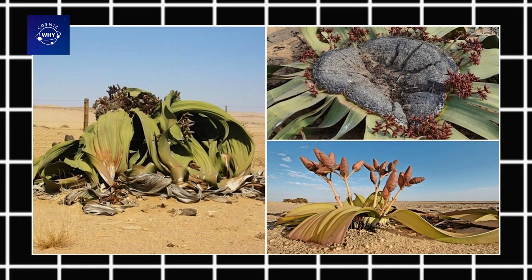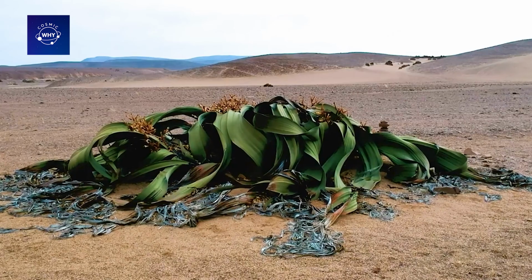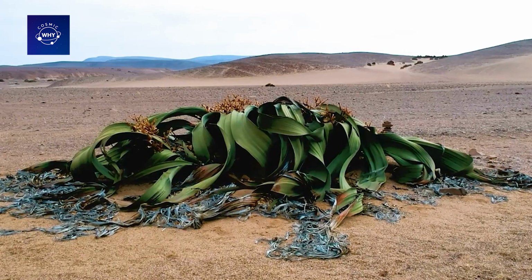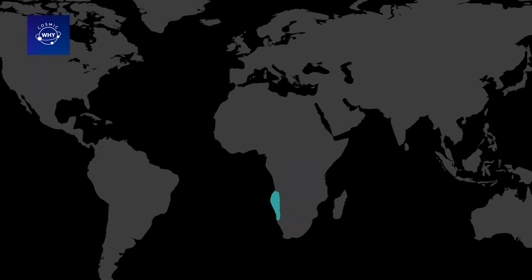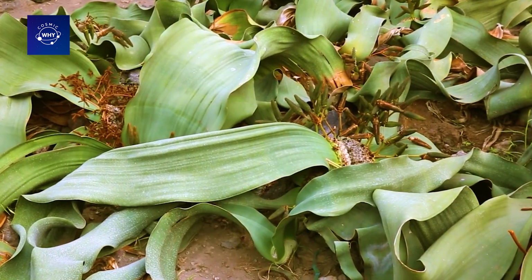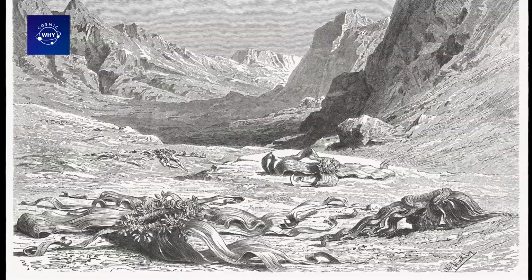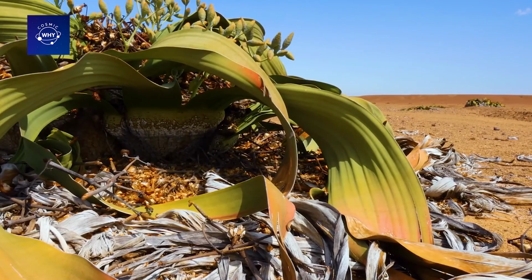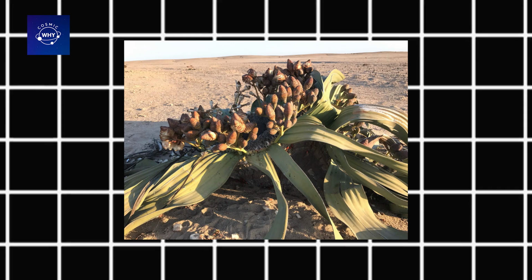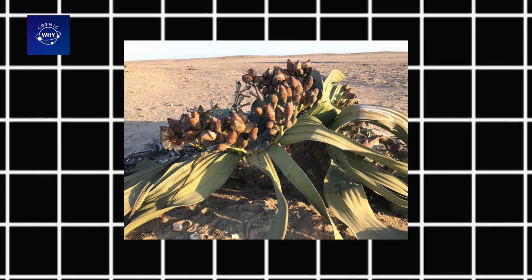The Welwitschia belongs to an ancient group of plants called Gnetophyta, and it is the only surviving representative of its genus. The first recorded discovery of this plant was in 1859 when Austrian botanist Friedrich Welwitsch first described this strange desert creature. In his honor, the plant was named Welwitschia, and the Latin word mirabilis means miraculous, a name that